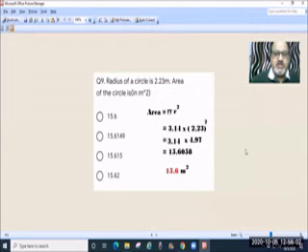So question number 9. Radius of circle is 2.23 meter. Area of the circle in square meter. Again, check: meter, same SI system. You need not make any change in the numerical value or convert it. Area is pi r square, pi is 3.14, r square is 2.23 square, this is 4.97. Multiplying, we get at least up to 4 decimals so that you know exactly what you have to do.